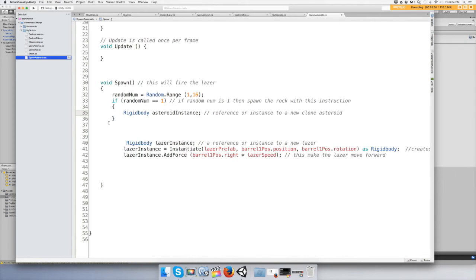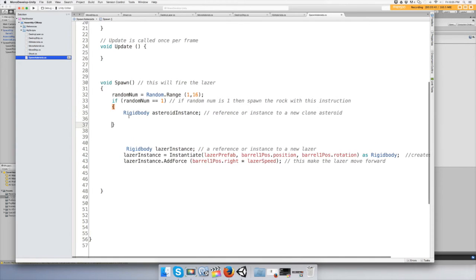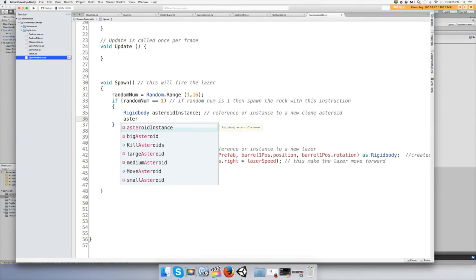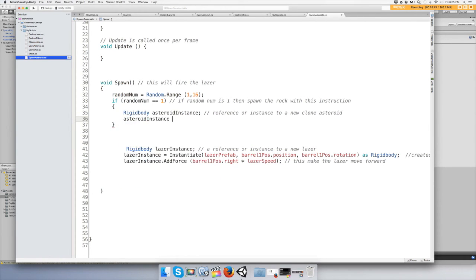Alright. And then underneath it, actually use it: asteroid instance equals instantiate. We want to instantiate the big rock